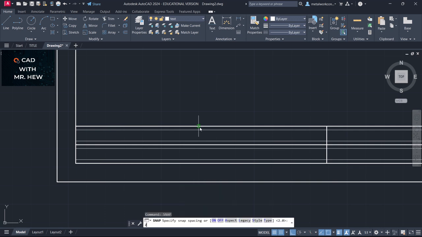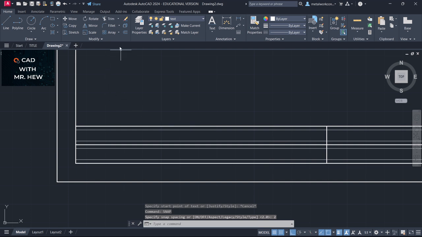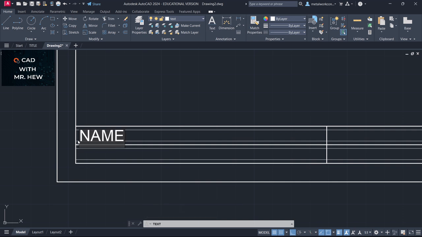Then we go to single line text. The snap will pick up at 2 millimeters from the margin. That's the starting point. The height is 6. You press enter, rotational angle 0, and we're going to type in all caps, name,